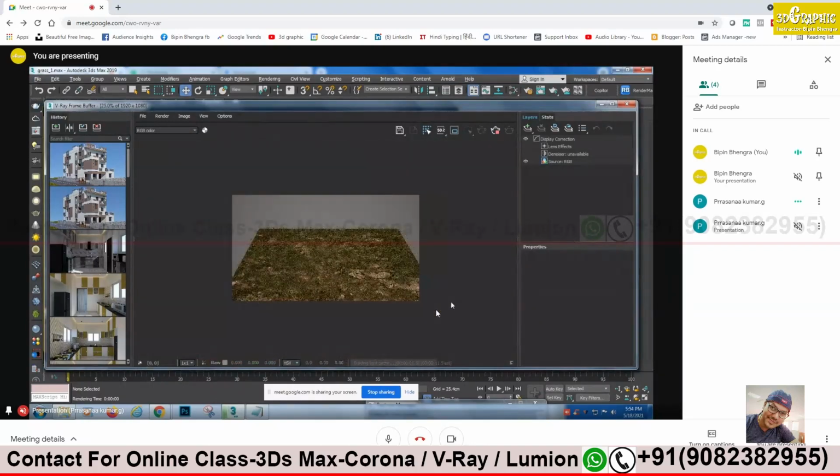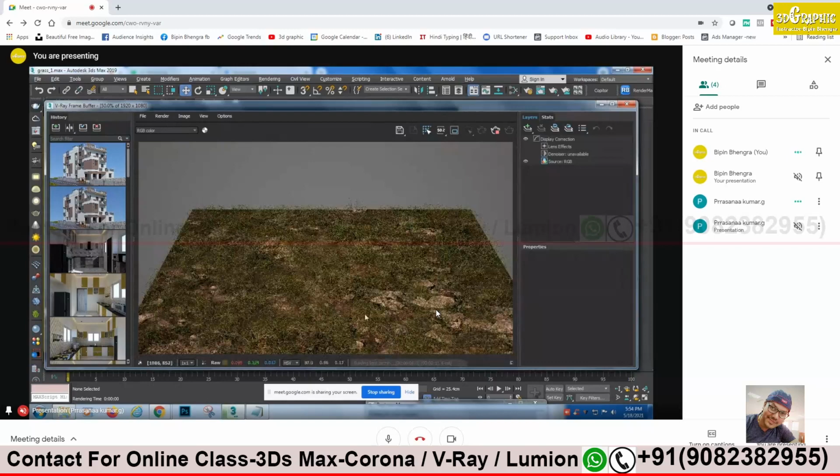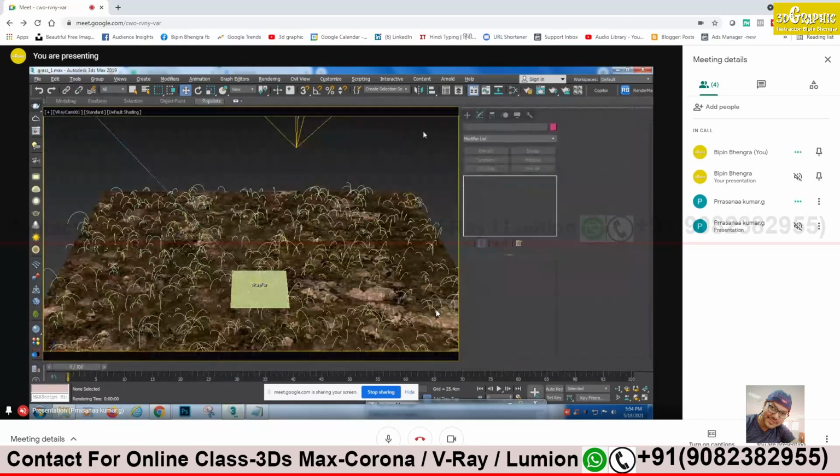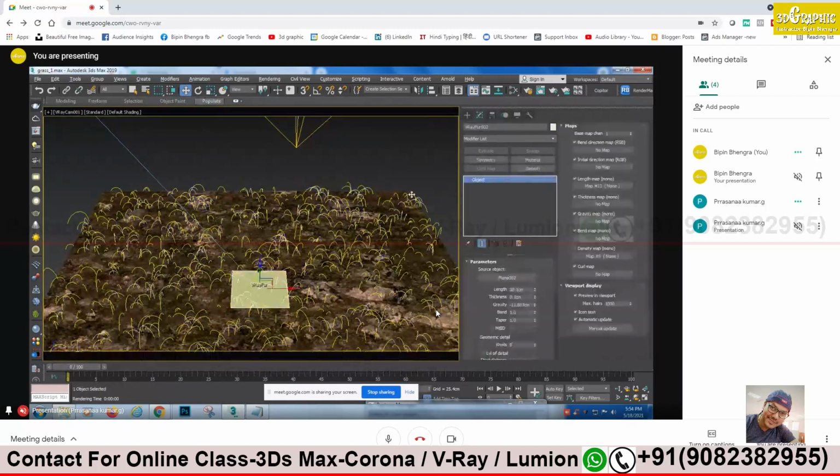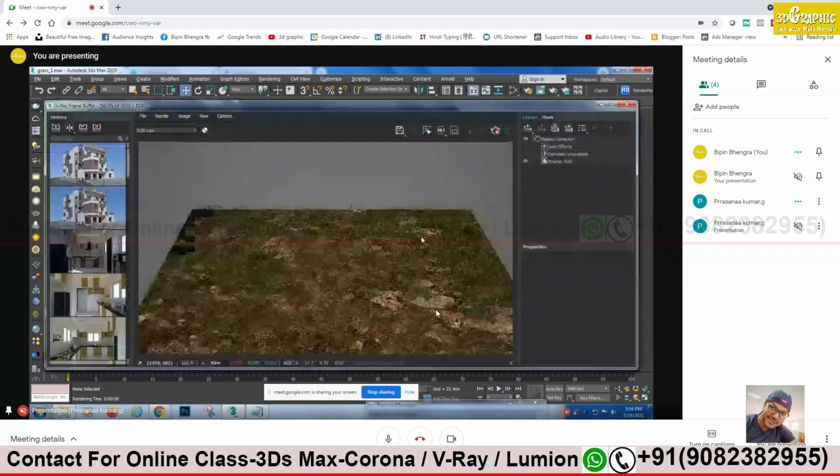Increase the overall height. If you are not getting a proper result, try. We have to increase the overall height of the fur. Select the fur, go to properties. Shall I give about 100? Yeah, do that. You have to do R&D over here.